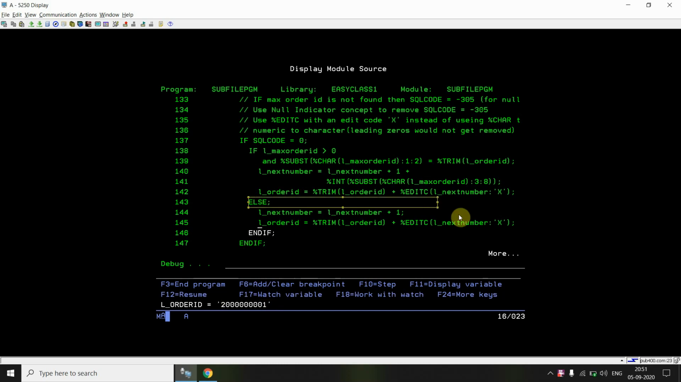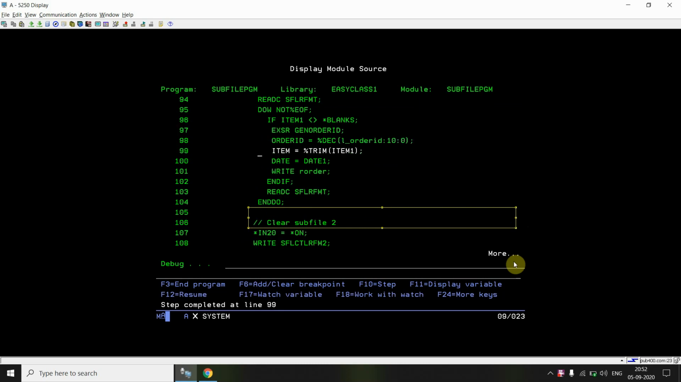It goes to the else part because there is a condition which checks whether the first two positions of the maximum order ID found match the year prefix of the order ID we are generating in this year. If it matches, it means orders are already placed in this year. If it is not matched, it means no order has been placed in this year, and this is the first order in the current year. So we need to generate the order ID using the else part logic. Okay, so this way,